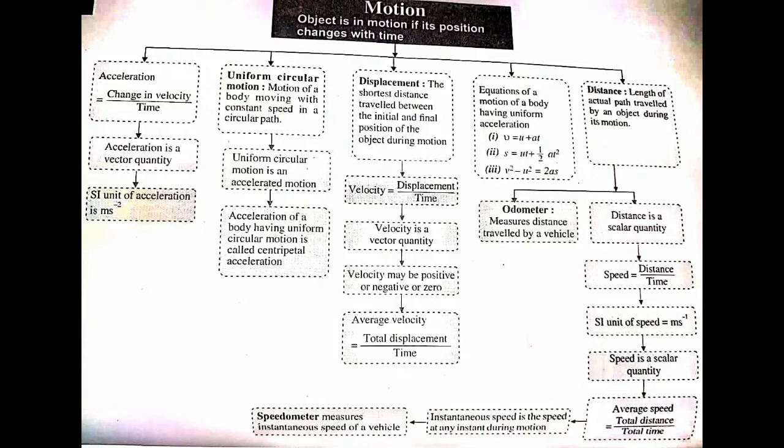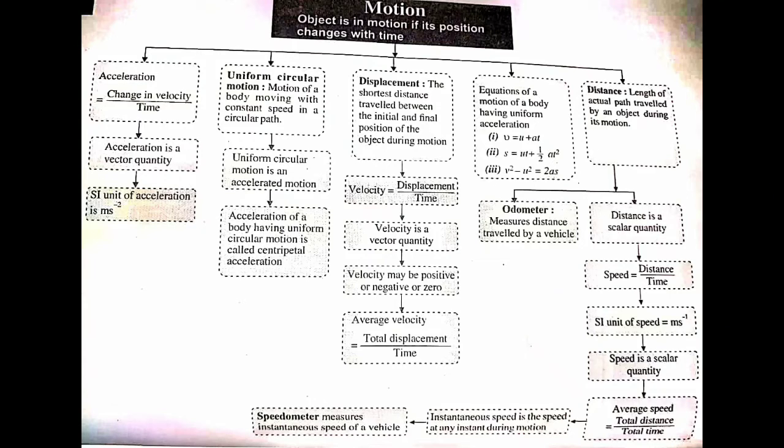Also, now we are in a position to say that the motion of an object moving at uniform acceleration can be described with the help of the following three equations. Namely, the first equation is v = u + at. Second is s = ut + half at square. Third equation is v square minus u square = 2as, where v stands for the final velocity, u stands for the initial velocity, a stands for the acceleration of the body, that is uniform acceleration, t is for the time taken, and s is for the distance moved.